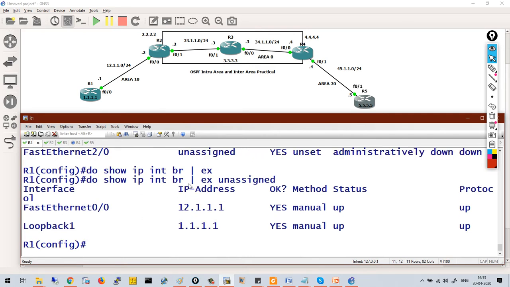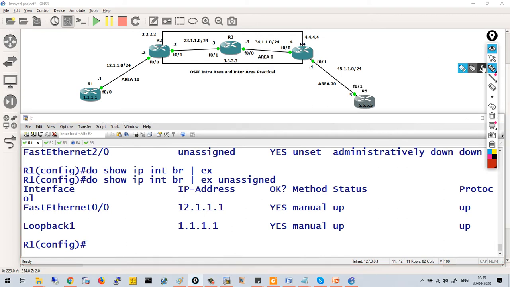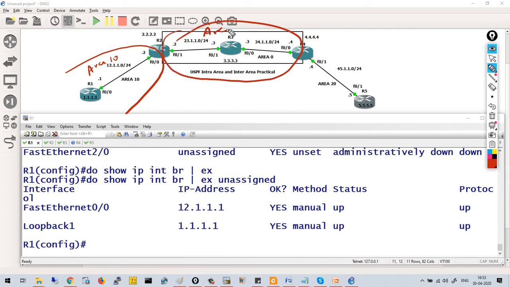Now let me tell you how OSPF is laid out. Between R1 and R2, this domain is area 10, this domain is area 0, and this domain is area 20.